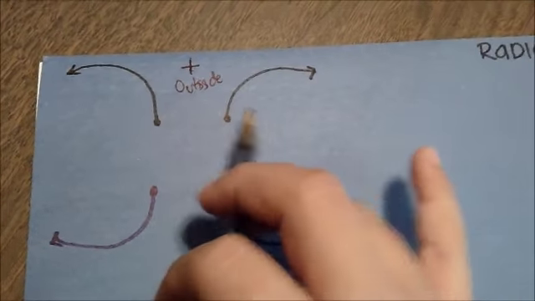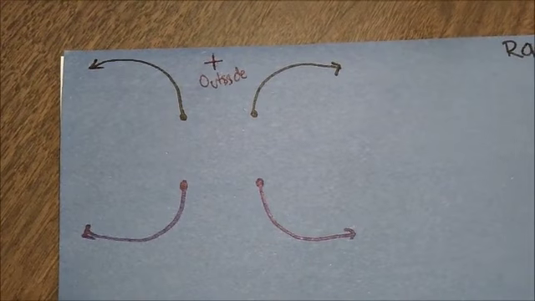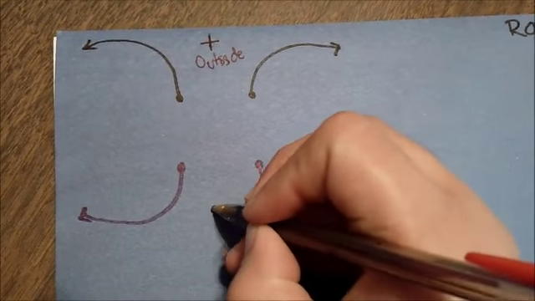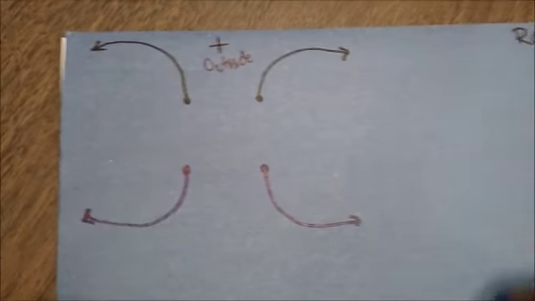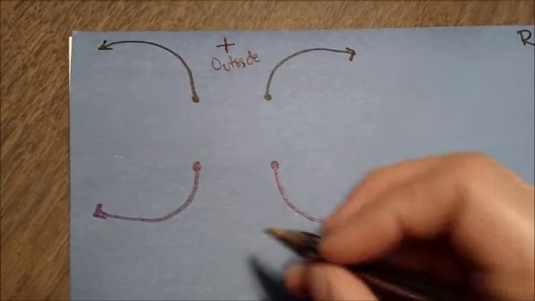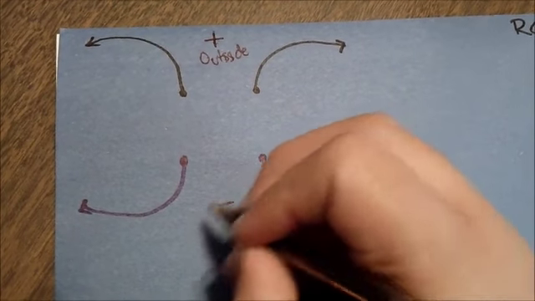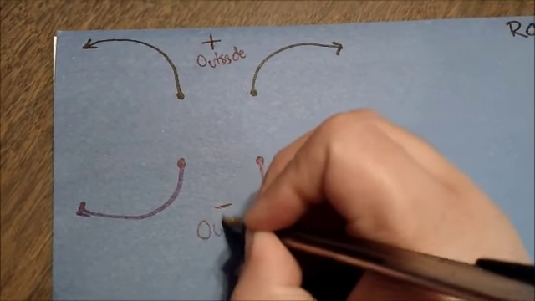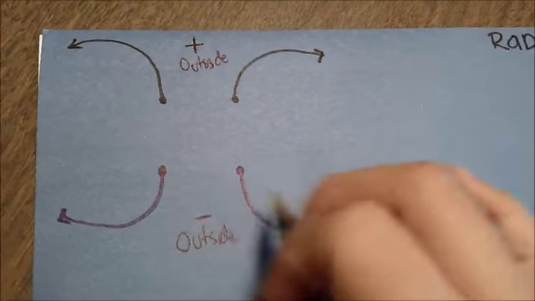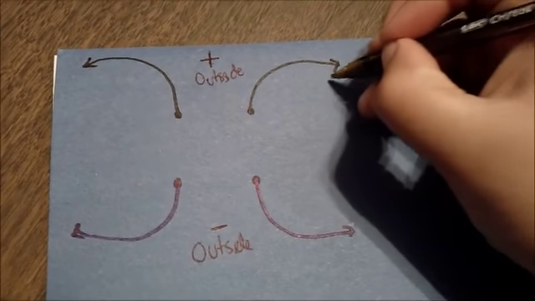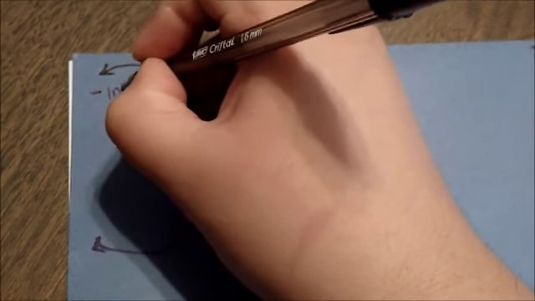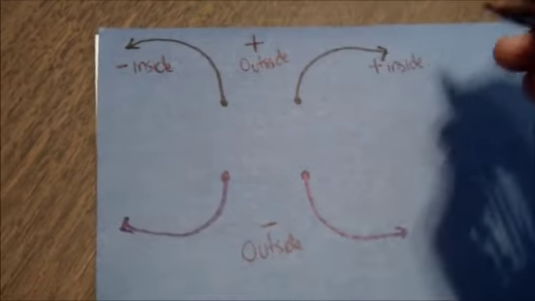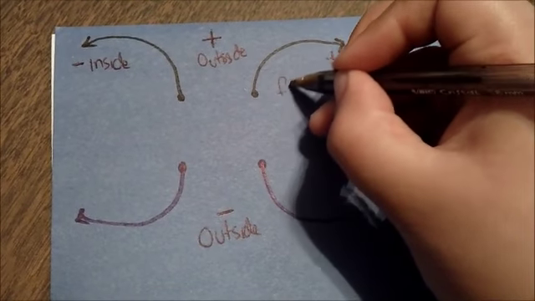it's going to be one of these 2 options. Or if your sign outside is negative, it's going to be one of these 2 options. Then we have inside, positive, inside, negative. What does that mean? f of x,